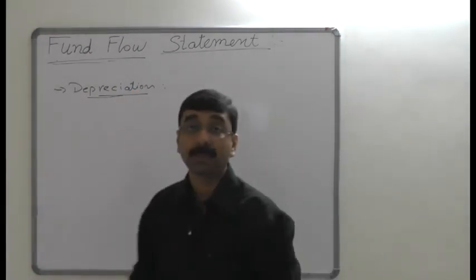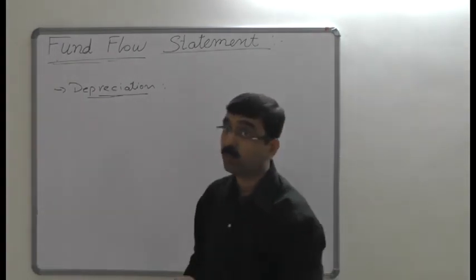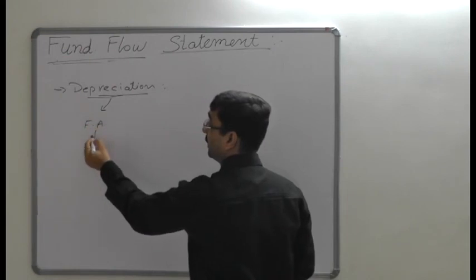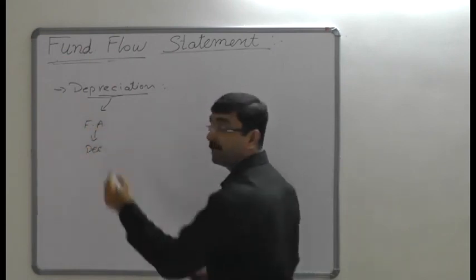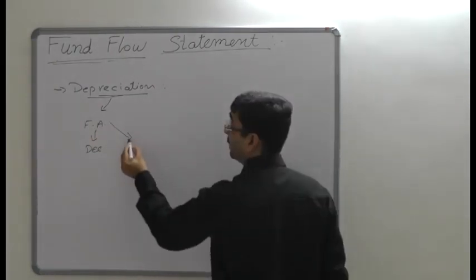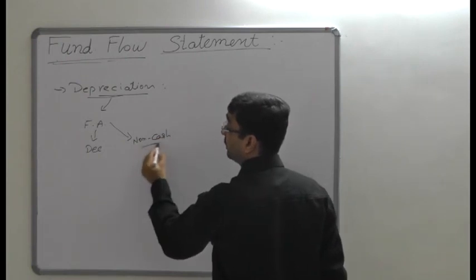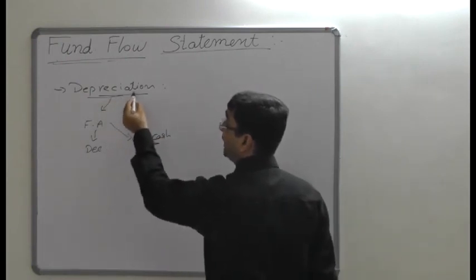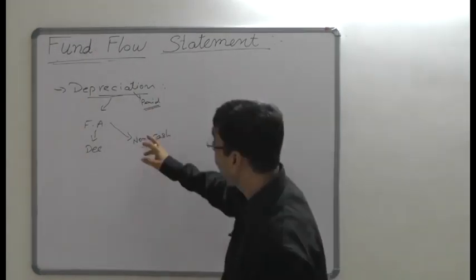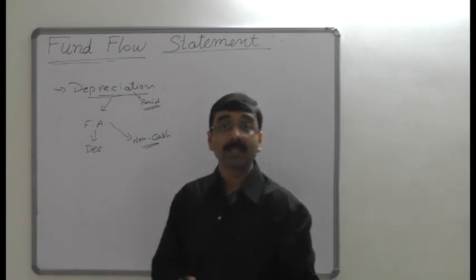The first is depreciation. It is the decrease in the value of a fixed asset. That's absolutely right, because depreciation is charged on fixed assets. So it is always a decrease. When you charge depreciation on fixed assets, the fixed assets decrease, but it does not affect the fund because it is a non-cash item. The depreciation is never paid to the owner of the fund, so that's why it's a non-cash item. It affects neither the current asset